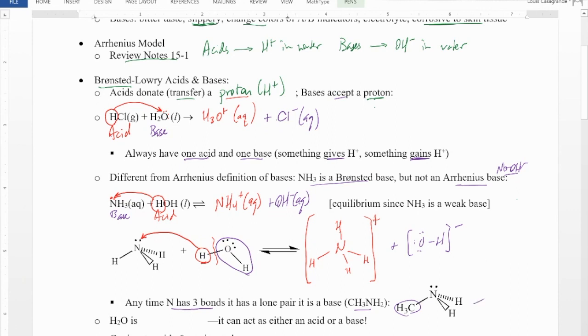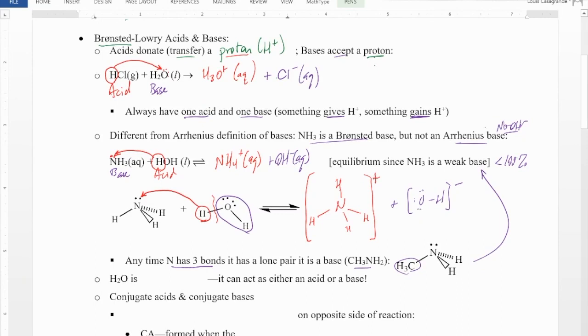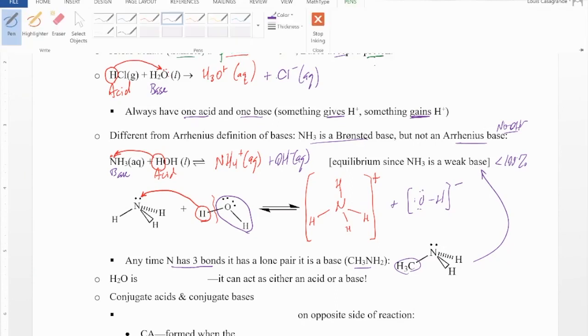All of these are weak bases because their reaction does not go to completion. Remember, the reaction is less than 100%, so we don't form that many ions. These were the dim light bulbs in the conductivity test. So weak base, and we'll talk more about weak acids and weak bases in the next lesson, exactly how those play into equilibrium. Now, water itself has some unique properties, and in the lesson that follows next lesson, we're going to look at some of the properties of water and see exactly where we get